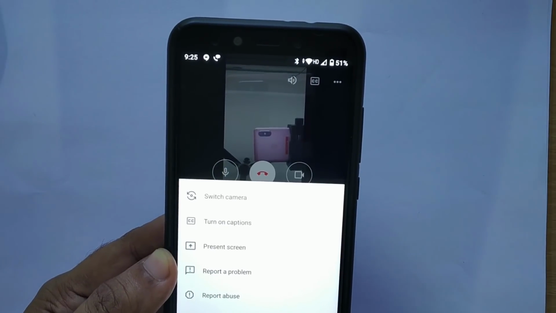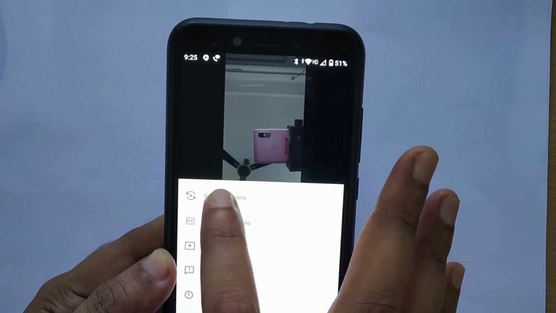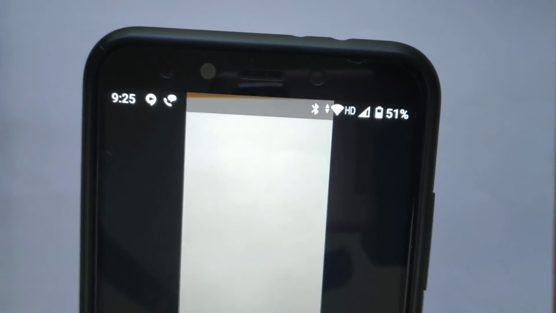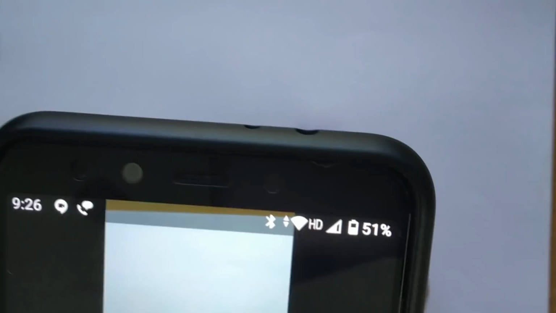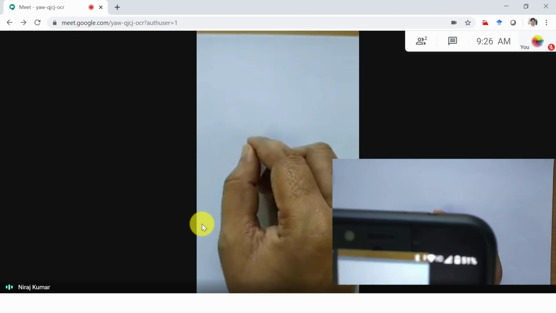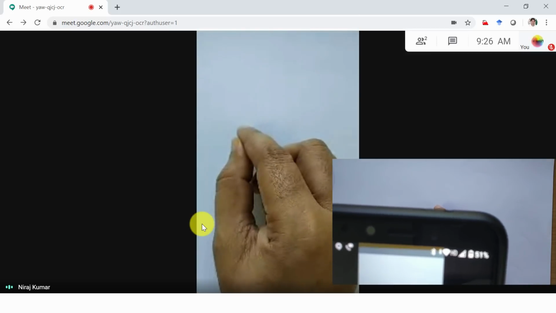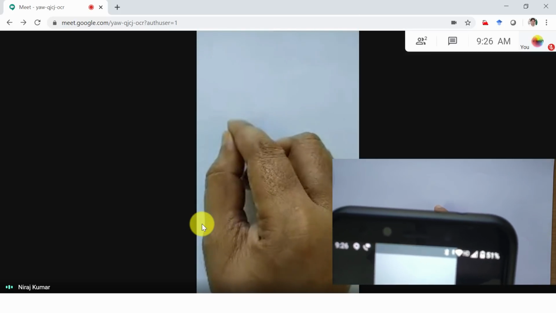Take the option from there and switch the camera. When you switch the camera, the back camera will be switched on. So whatever you do here will be recorded with the back camera and can be displayed on the